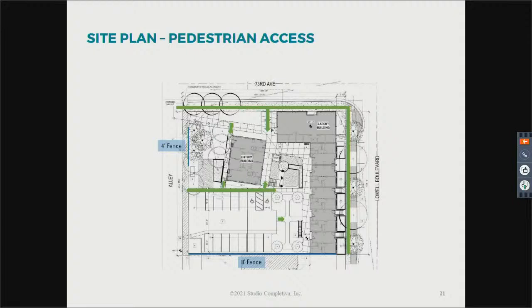And then as you have seen 2 summers ago, the city resurfaced Lowell Boulevard south of 72nd. And we took that as an opportunity to create the second southbound lane approaching 72nd to turn it into a right lane must turn right only.